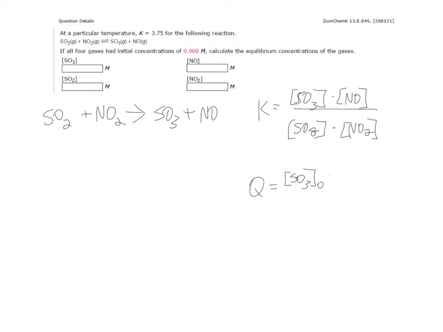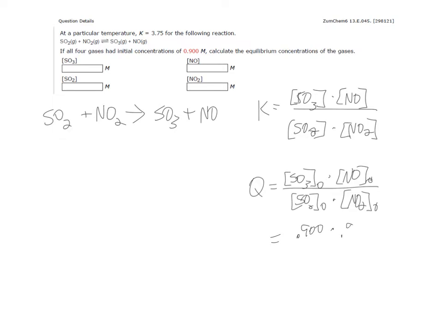I'm going to include subscript 0 to indicate initial concentrations. That subscript 0 has no mathematical meaning. It's just there to indicate something other than the equilibrium concentrations. Now in this question they say that the initial concentration of all four gases is 0.9. So let's actually calculate Q